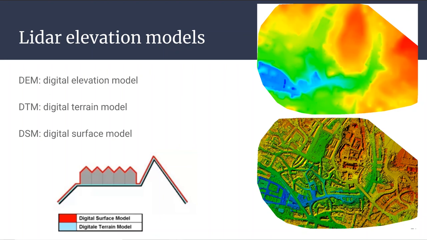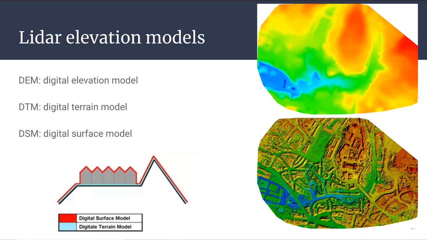If you're using the last returns, you're going to get a better idea of where the ground is. Usually the last thing a laser pulse hits is going to be the ground. There are a few exceptions. In a lot of cases, you need to process the data a little more to identify things like the top of a building, because the top of a building would be like a first pulse and a last pulse, even though it's not the ground. In a forest area, for example, you can get very clear differentiation between like the top of a tree and the actual ground. So there's a little bit of disagreement regarding terminology, but we have these three different types of